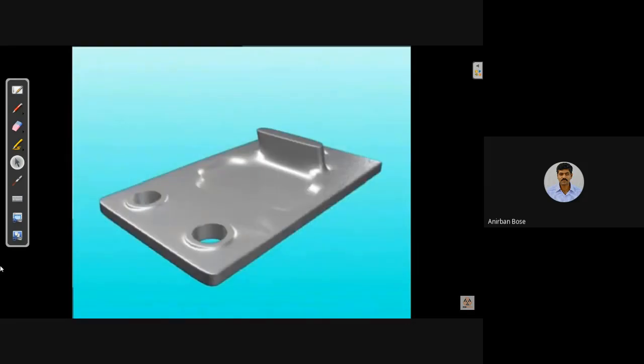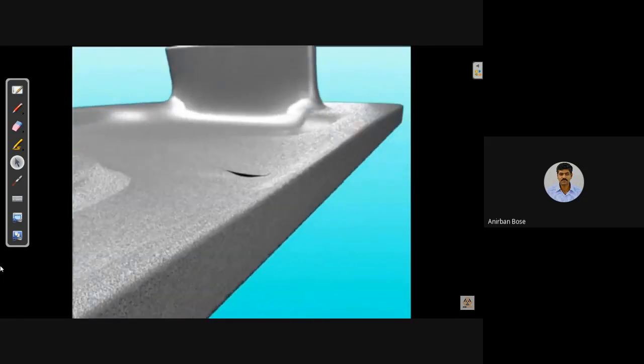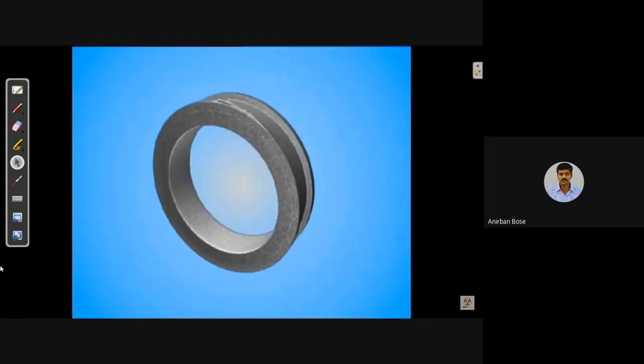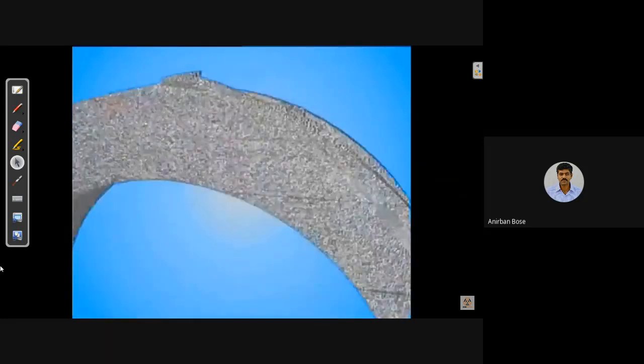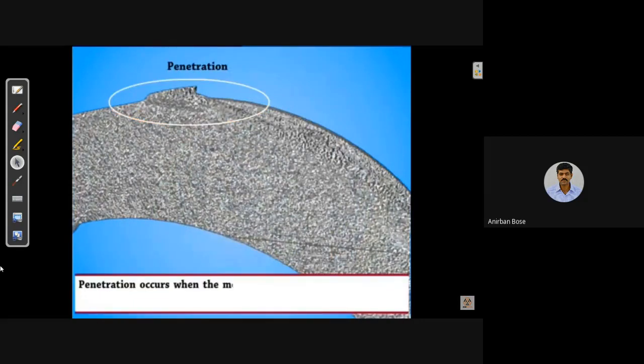Let us see an example for scab. Penetration. Let us see an example for penetration. Penetration occurs when the molten metal flows between the sand particles in the mold.